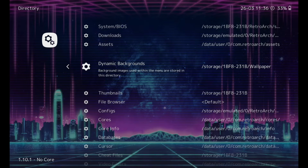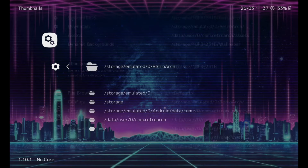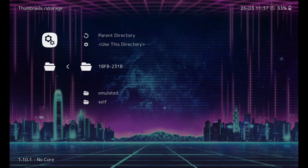So again, it's going to match up as /storage/1BF8-231B/wallpaper. Next thing we're going to do, we're going to drop down to thumbnails. Next option down, we're going to select this option. We are going to go into the third option down, storage. Now we are going to go to the same one,